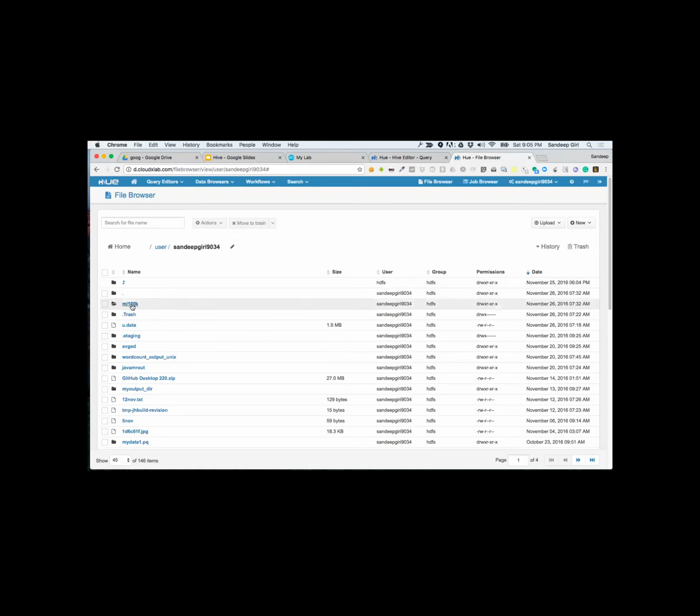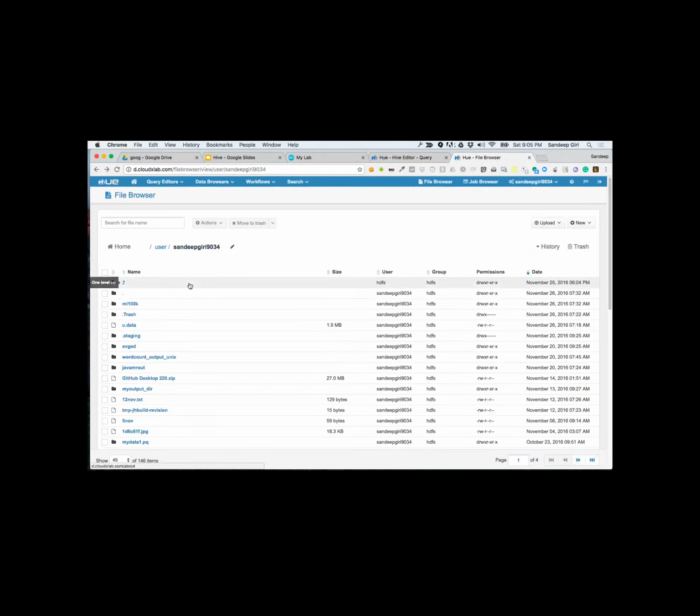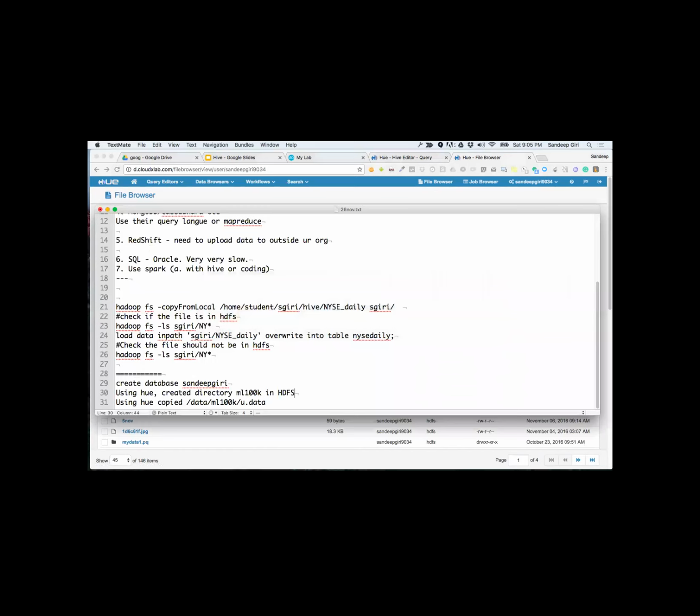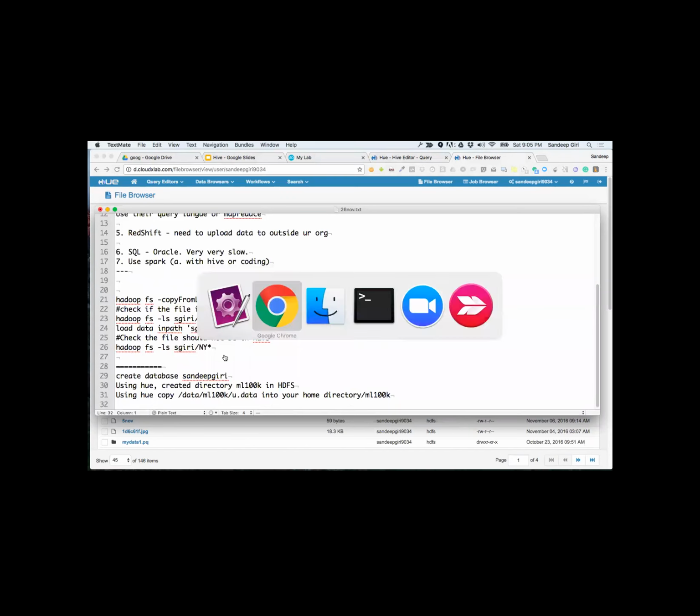So everybody has created this folder called ML100K. Now let's copy this particular data into your home directory slash ML100K.